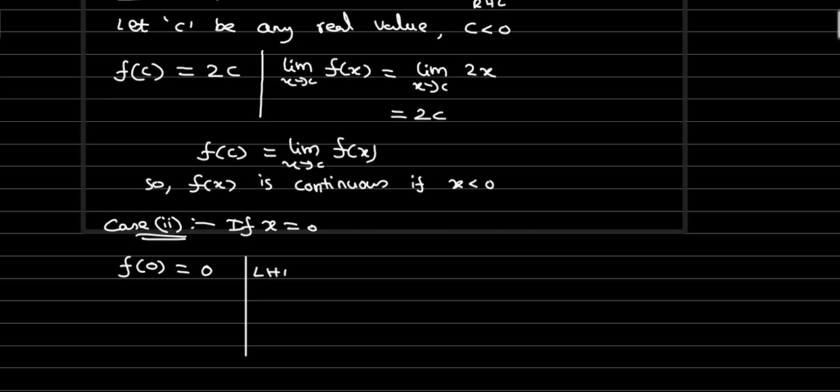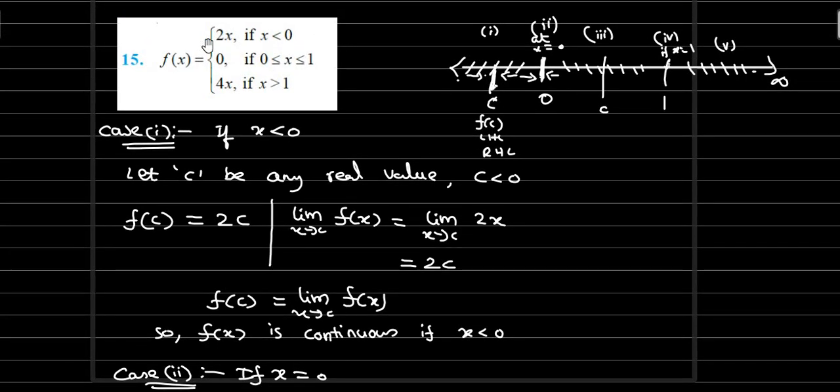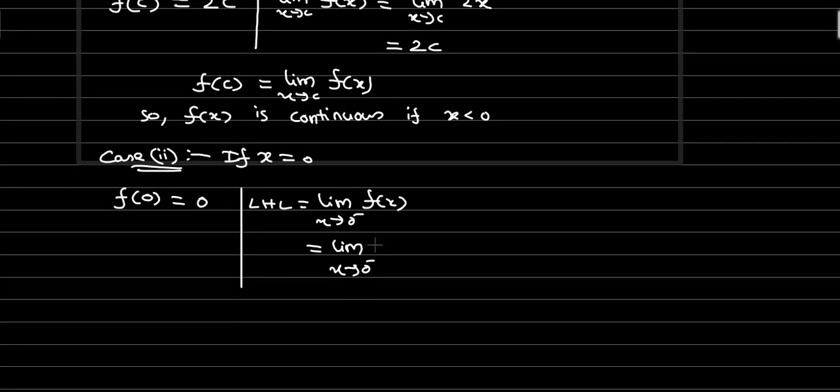So left hand limit, x is approaching 0 from the left hand side, f of x. All close values on the left hand side are less than 0. So the suitable function, if x is less than 0, is 2x. So replacing f of x as 2x. Now applying the limit, in place of x, if you replace 0, 2 times 0 is 0. So the left hand limit is 0. Next one, right hand